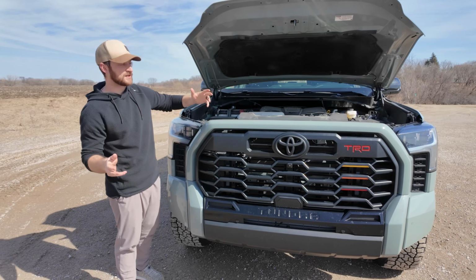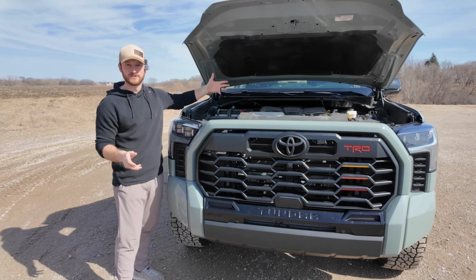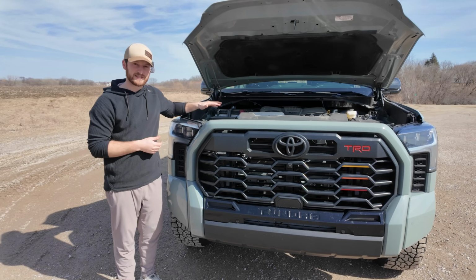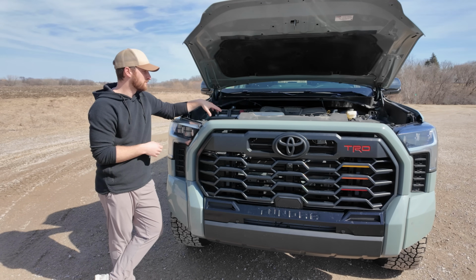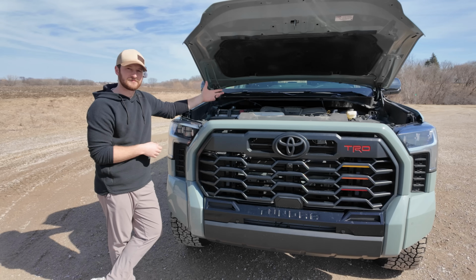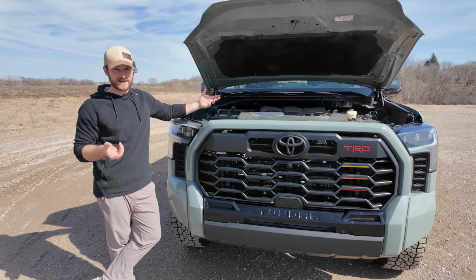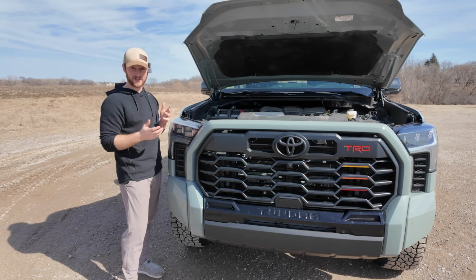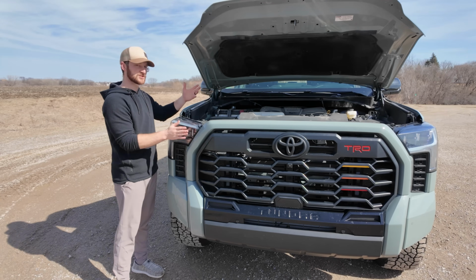I will stand here as one guy that owns this truck, has driven it for 2 years, 30,000 miles, about 15,000 a year. I've had no issues with this engine. It runs strong and hasn't caused me any problems. All my regular checkups have been totally fine. And obviously you wouldn't expect to have issues within the first 30,000 miles of a vehicle. But in light of everything going on in the Toyota and Tundra world, I just want to call out